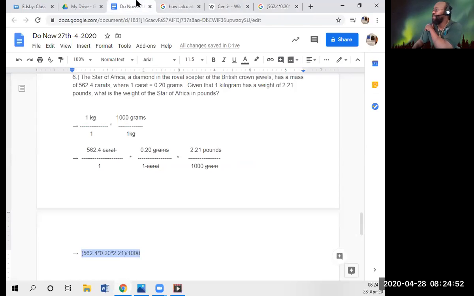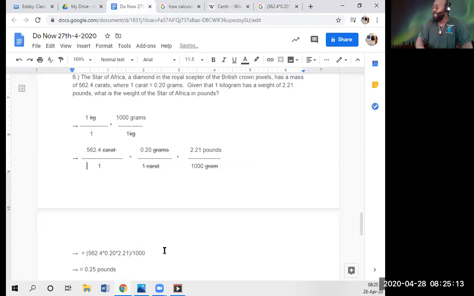So hold on. So this all equals 0.25. And this is measured in what? Let's not forget, pounds. Okay. Putting the equal signs in there so you guys can follow. I think I just murked it up, but I'm not going to touch that. These are all equal is what I'm trying to say.